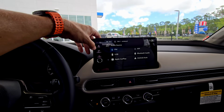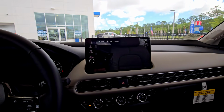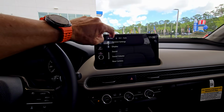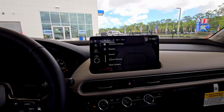You can connect it via the app, but then, some people don't like it because you have to pay for that. No phone detected, general settings, system connections, display, sound volume, rear camera. And take a look at some of the settings over here as far as the camera, and I'll put it in reverse, and we're going to see